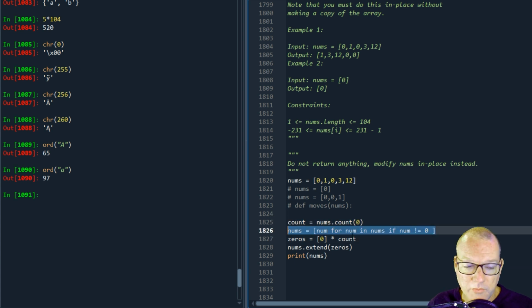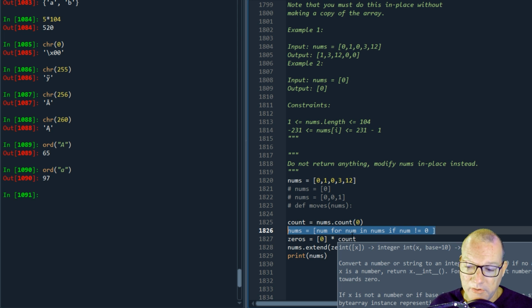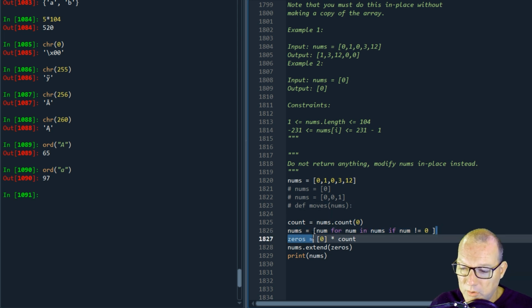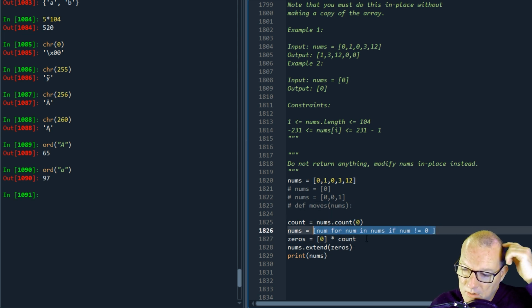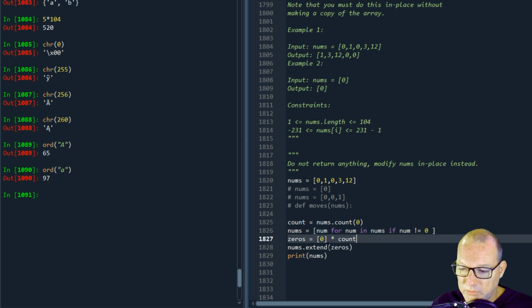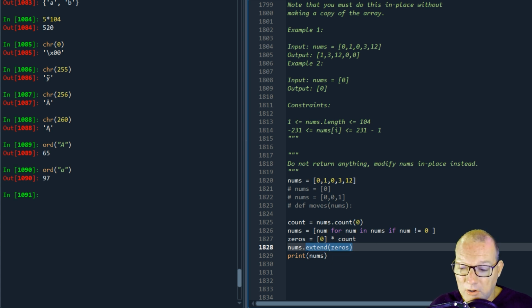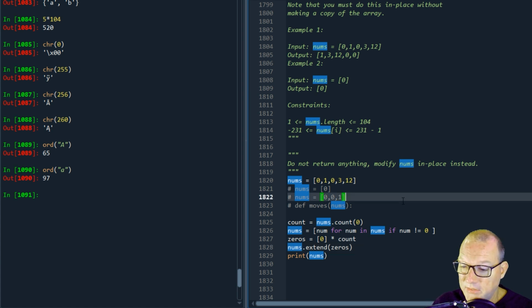We then went through list comprehension, because that's faster than a for loop. We created a new list excluding the zeros. Then we took the count of the zeros, created that same number of zeros as a list, and then added it, or extended it, onto our non-zero list. So it was a very interesting challenge. Yes, this looks simple and easy